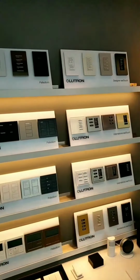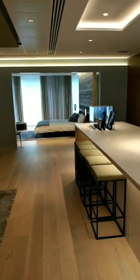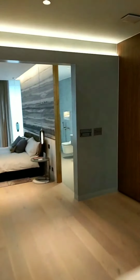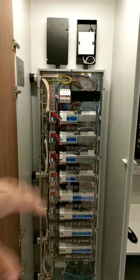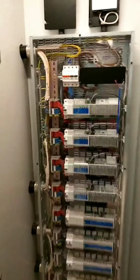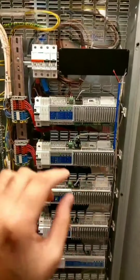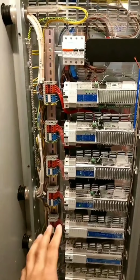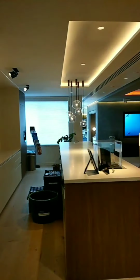The full HomeWorks system is actually a little bit different. It's all wired back centrally to a panel. Now the size of that panel would depend on exactly how many lighting circuits and how many blind circuits you'll have in the property. But here's one of the transparent covers, so you can see all the electric cables coming back in, and this is where the system is actually controlling the brightness of all of the light fittings in the area here at